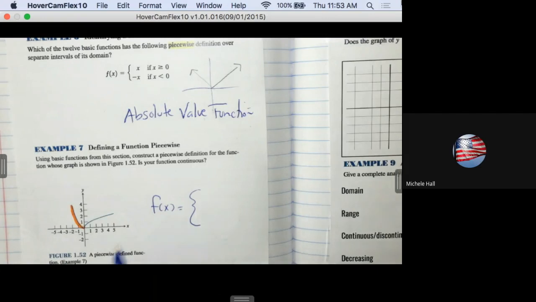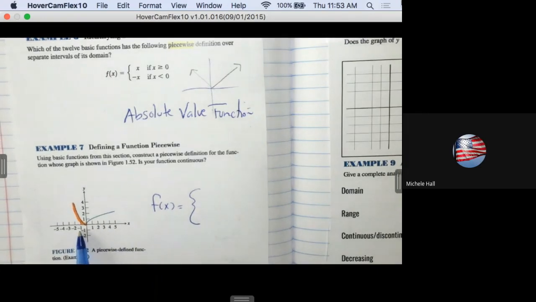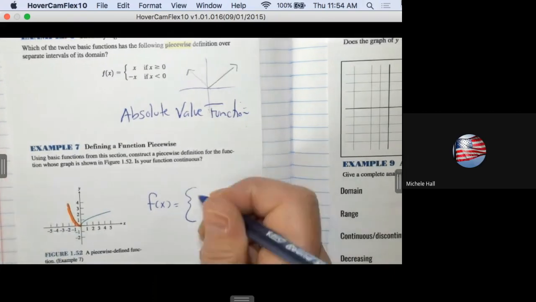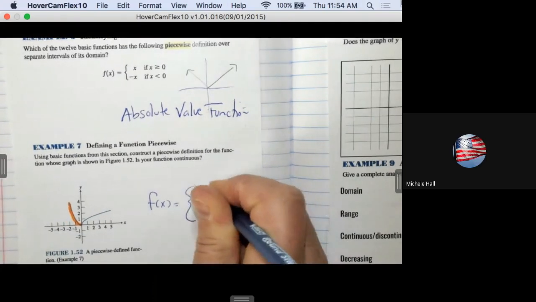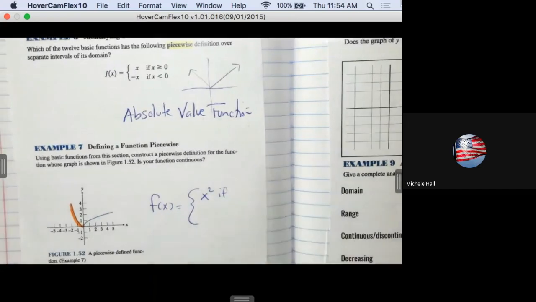So let's try it. -1, what's -1 squared? 1. So I look at 1 and it's there. Try one more. How about -2? What's -2 squared? So it looks to me like that looks like the x squared function. I would agree. So we would say it's x squared if, now we have to write the condition for where